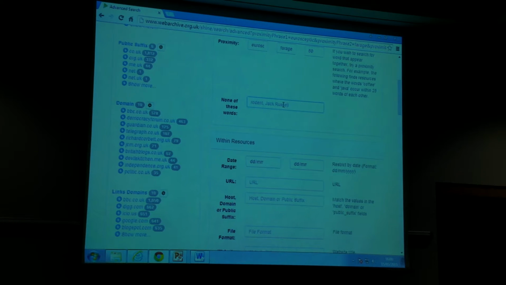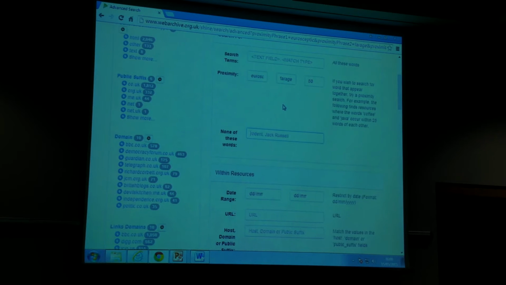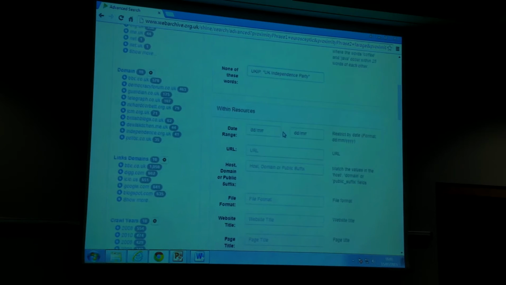Richard. Well, it should limit it down. Take out UKIP. Okay, so you want Eurosceptic and Farage before UKIP is formed. Yeah. Okay, well, let's see how that goes. Here we go. And also perhaps UK Independence Party. So the double quotes being the operator for a phrase. I think that should work. I'm hoping this is going to work.